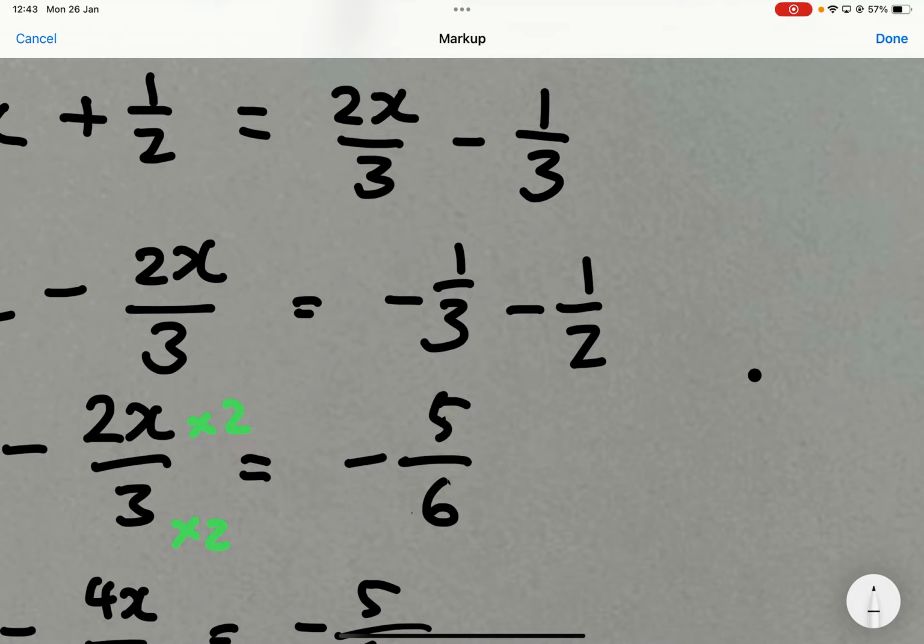Okay, then minus. Just now I think I put the half first. Right. Then it became